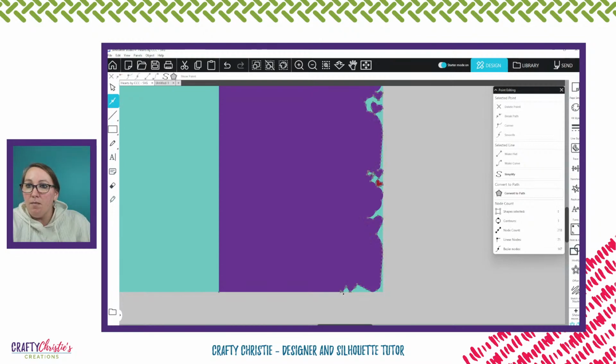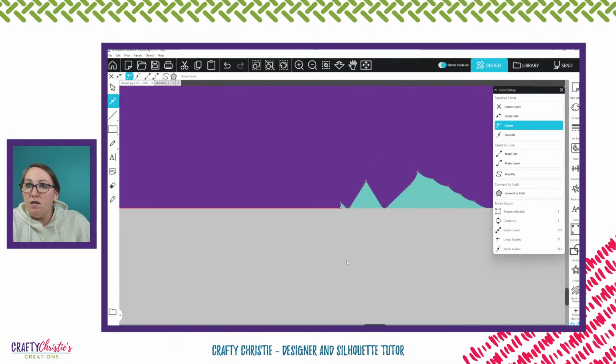I'm just going to clean up this one little spot right here. So I'm going to double tap, click on that, and let me just zoom in right down here. I'm going to clean up some of this to make a smoother bottom edge. So I'm only going to delete certain parts right here, and delete all the way to here. Actually, I'm going to delete all of this bottom. We want our bottom edge to be,